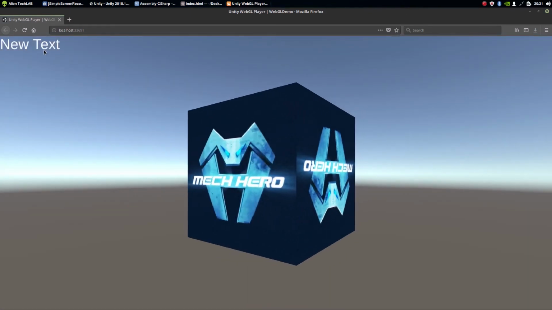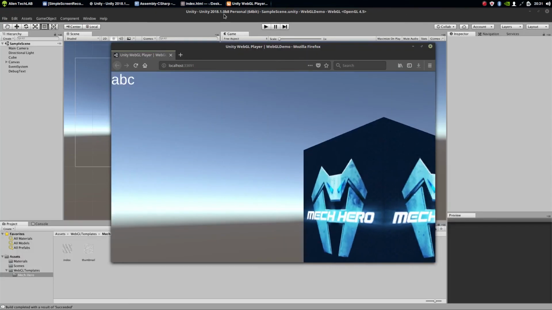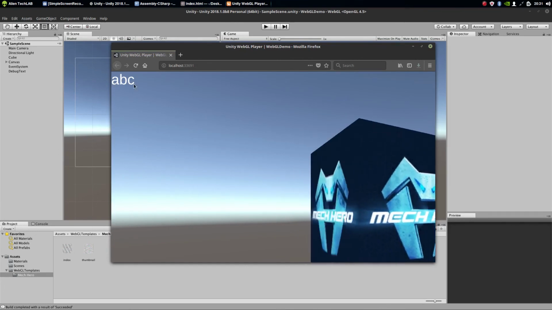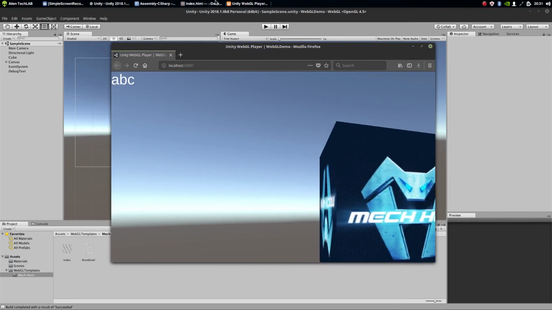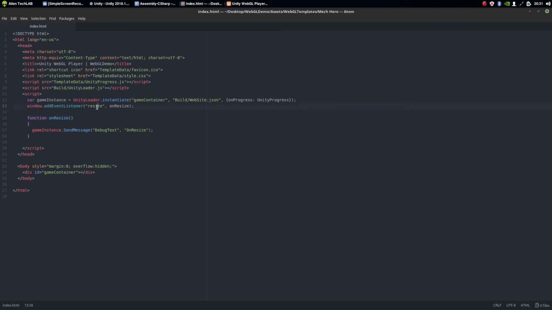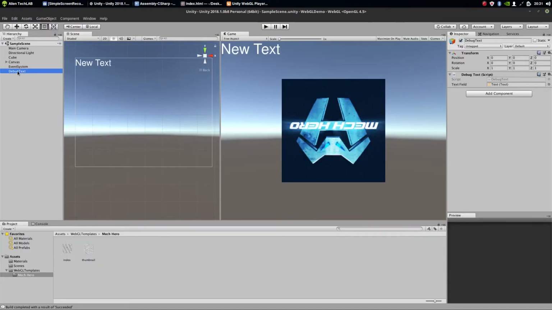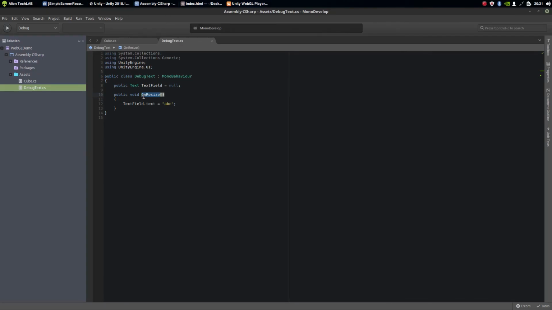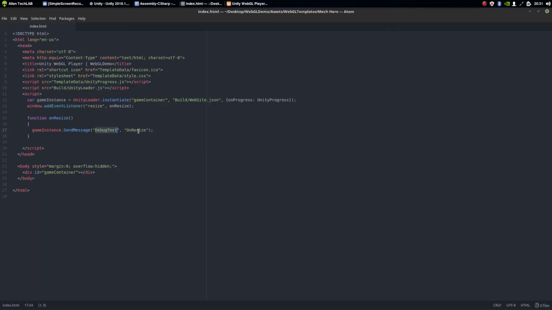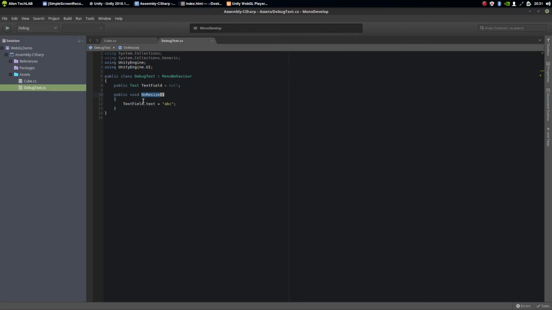Okay, fine. So we have a new text here, and let's resize the window. Yes, ABC, which means that the web browser has discovered the event resize and called the on resize function, which in turn sent a message to the debug text game object, which is this one. This game object contains the script debug text, and this script contains the on resize method, and it sent a message to this game object and called this method, and that caused it to display ABC. Fine,